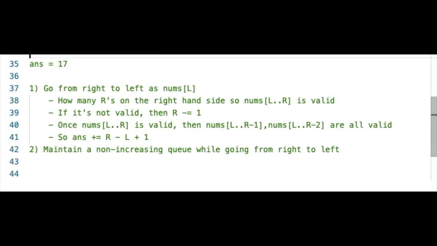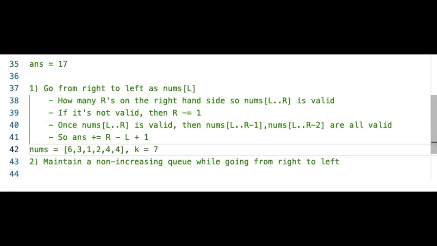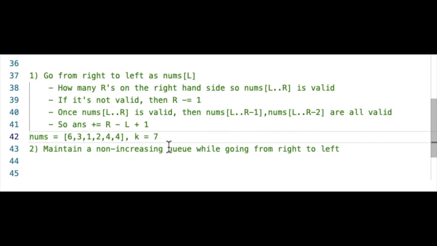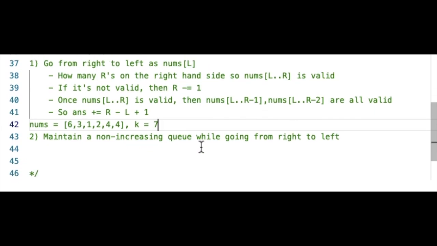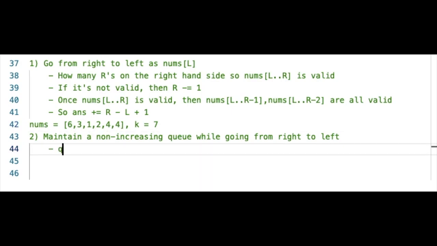Let me see if I can copy this example to here. So, okay, we are going from right to left now. So first we go 4. So the queue is 4,